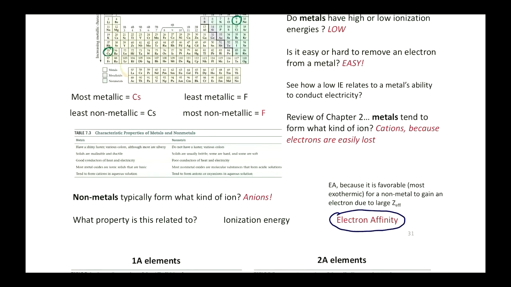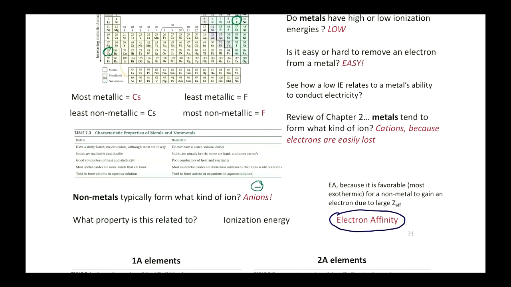Non-metals, on the other hand, in chapter 2, we said that they were part of the anion component of our ionic compound. So they gained electrons, right? So the property that's related to forming anions is electron affinity. All right, and so the idea here is you look at the trends that non-metals typically have the most negative electron affinities, meaning that the system gets the most energy back, or releases the most energy, okay, becomes the most stable when